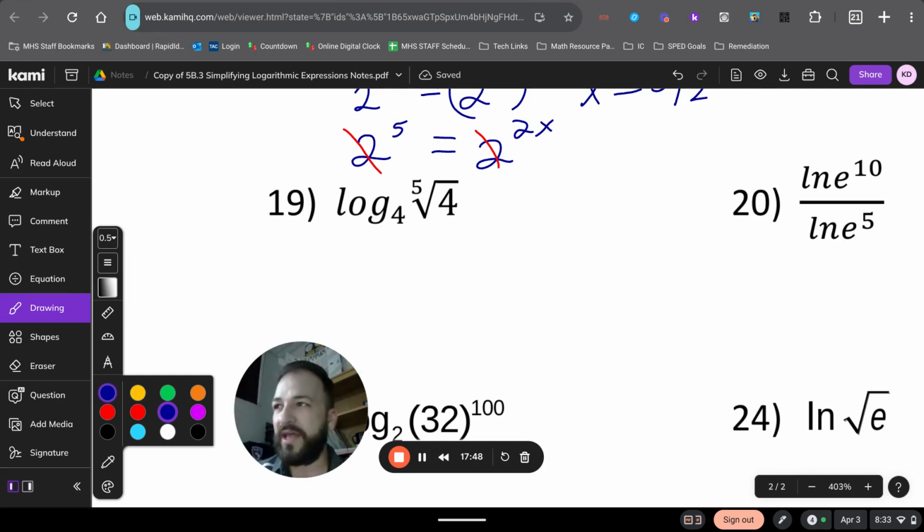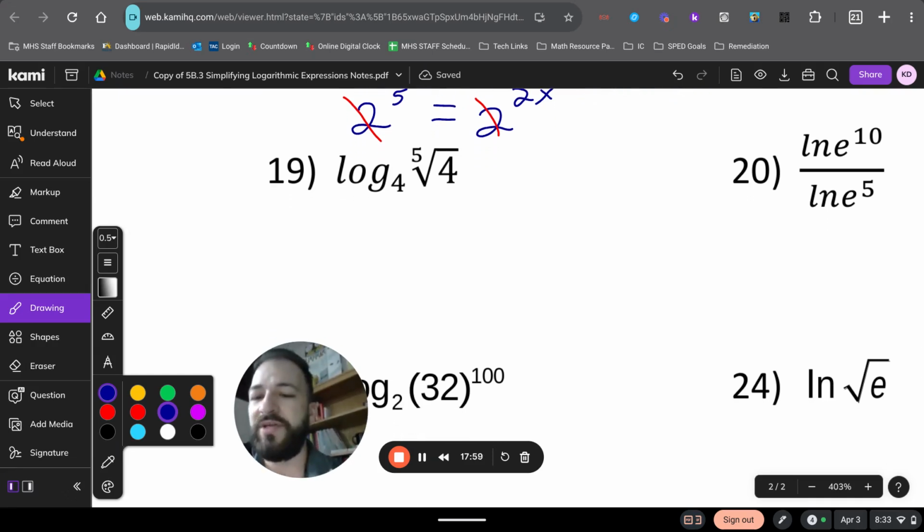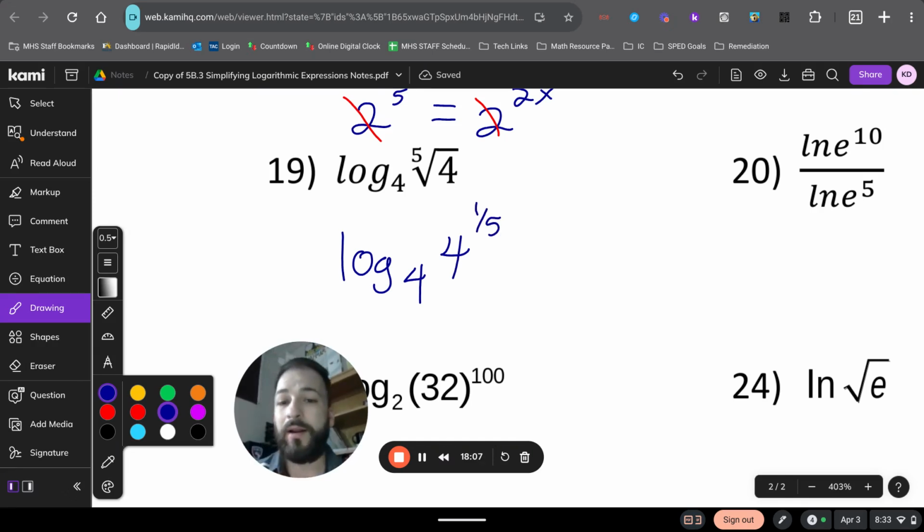So I've got to get rid of that 5th root and make it into an exponent, because if it's an exponent, then I can cancel out those bases. The way we can rewrite that 5th root, we talked about this 2 classes ago, is as a 1/5 power. So log base 4 of 4 to the 1/5 power. Now that my 4 and my 4 are both there, I can cancel out those same bases, and my final answer would just be